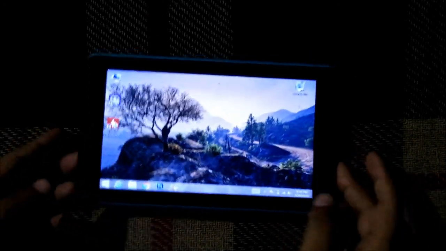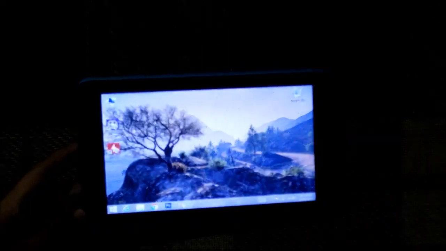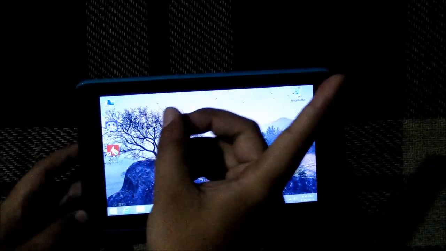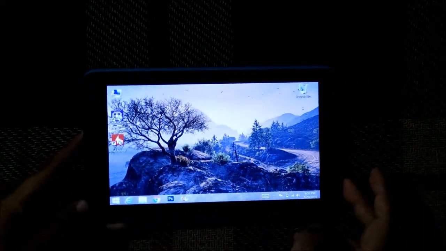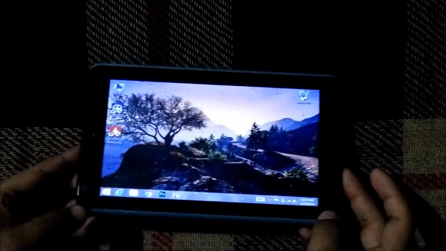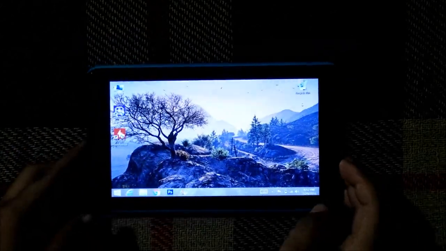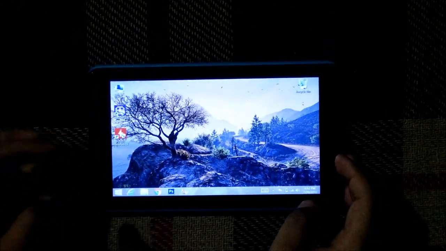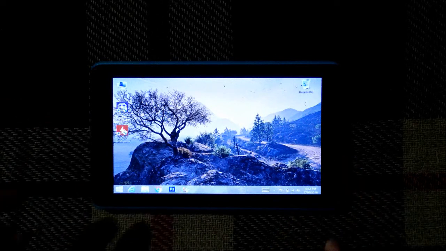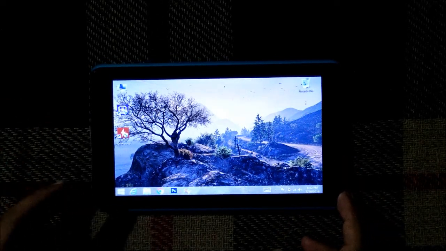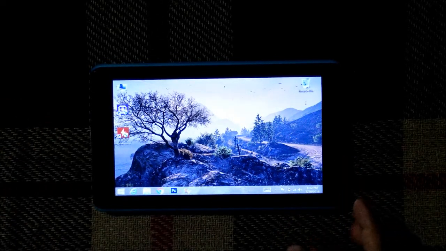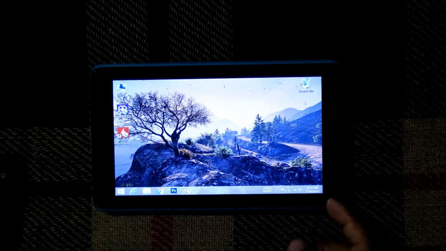So guys, this is the eyeball slide i701. I have done an unboxing and the video will be on the top right corner. And I have installed a few applications on it, such as Photoshop and a game which is GTA Vice City. So let's see if this can handle those, the game and the Photoshop.